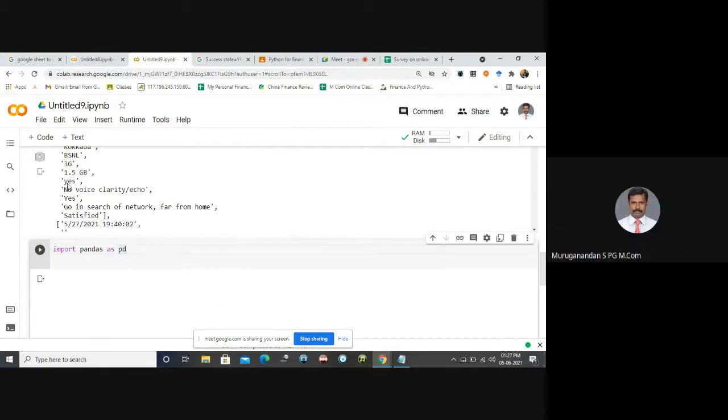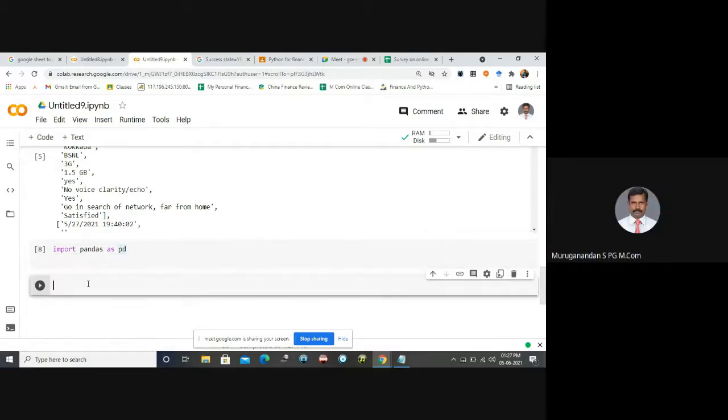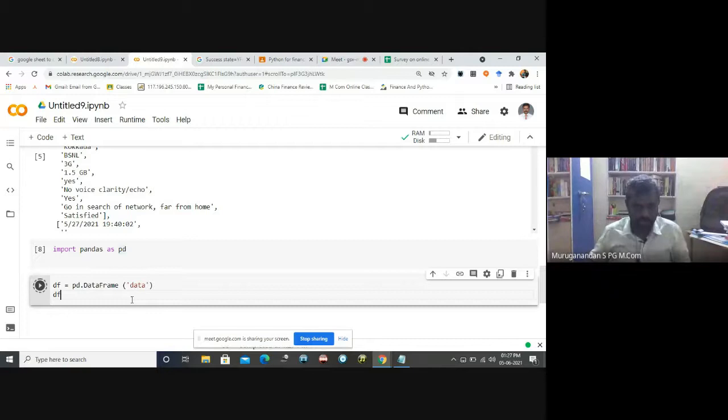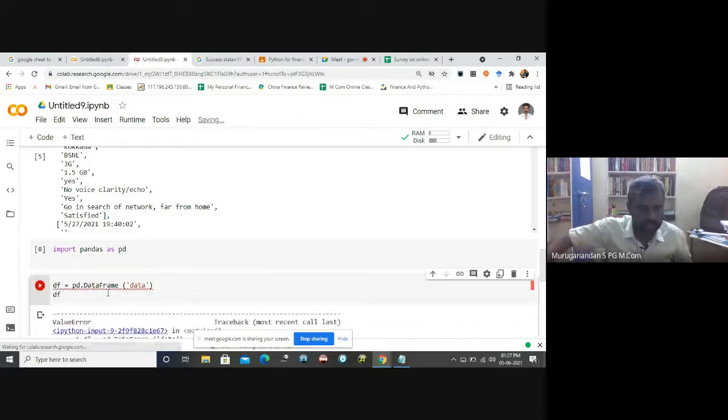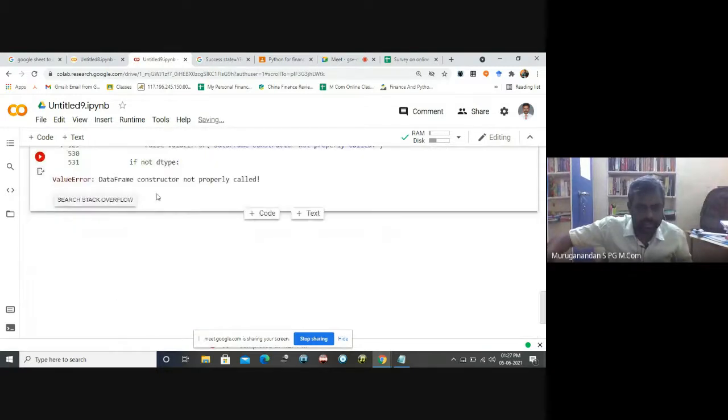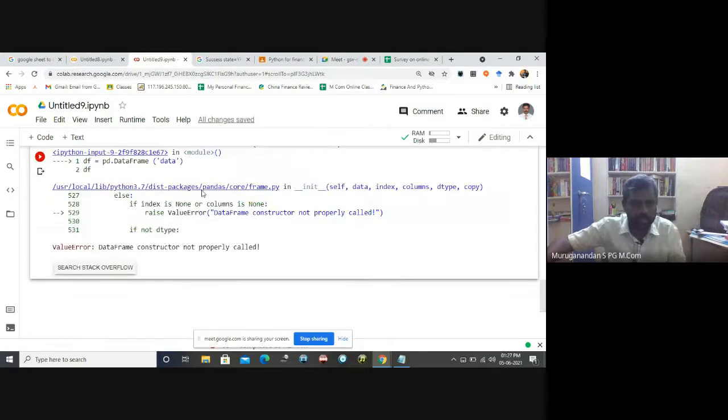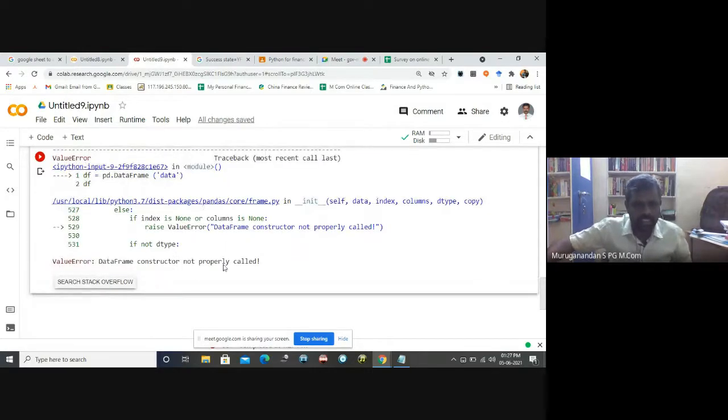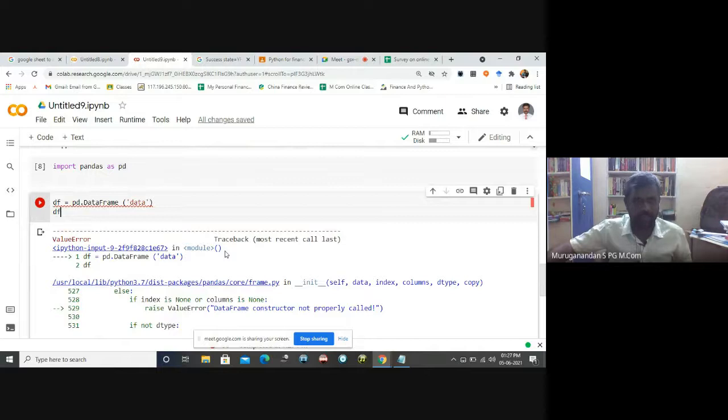So go to the next code. Data frame constructor not properly called. What is the problem over here?